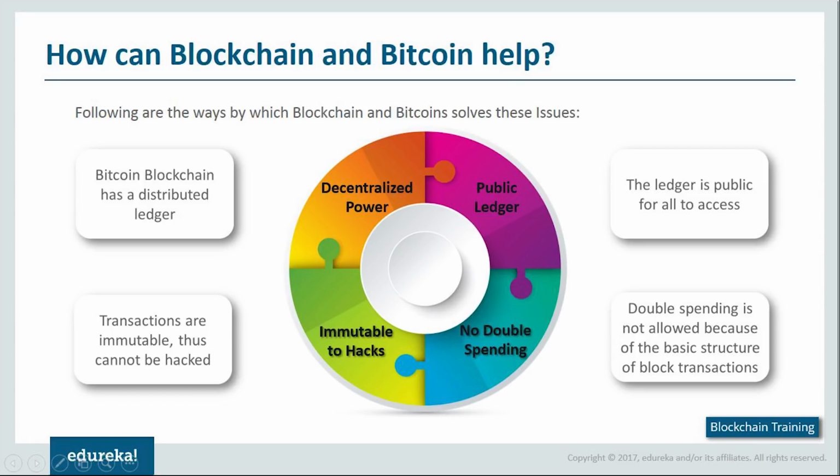Okay, so I seem to have a question here from Ajay. Ajay is asking, if the ledger is public, can't everyone find the details with respect to the people involved in the system? Okay Ajay, that's a very good question. So let me address your question in this way. Since you're part of the blockchain system, the only details you get are the transactional details. That is, how much is being transferred from who to whom.